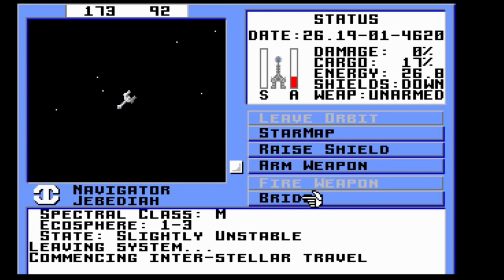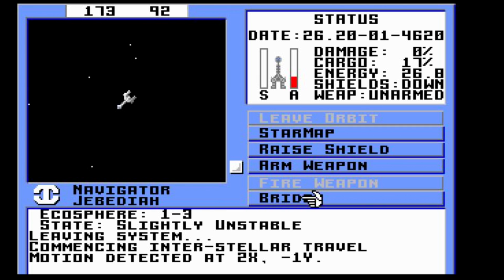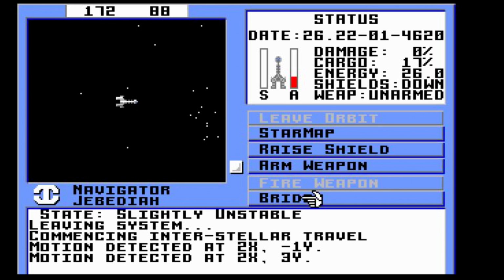173, then go down. Oh, motion detected, and the keyboard buffer is still running. Not great. As long as we don't go too slowly. Yes. So the keyboard buffer is what stores my keyboard input, and it is confused because I hit keys faster than it could process them. And so now, with us heading across the